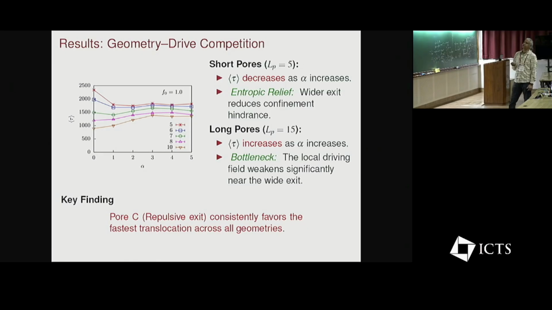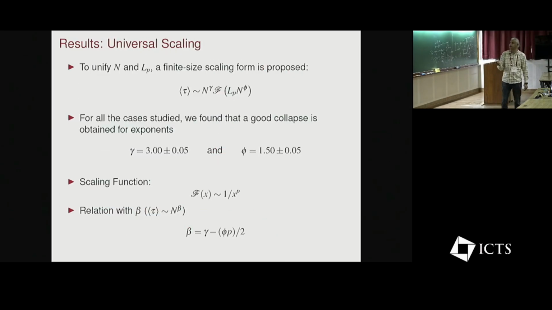reduces the confinement hindrance. For longer pores, tau increases as alpha increases, because there is a bottleneck at the end: the local driving at the exit side becomes significantly weaker, and therefore there is a weak spot in this part. Also, what we found is that the repulsive exit pore C consistently favors the fastest